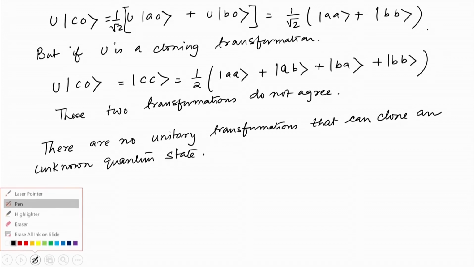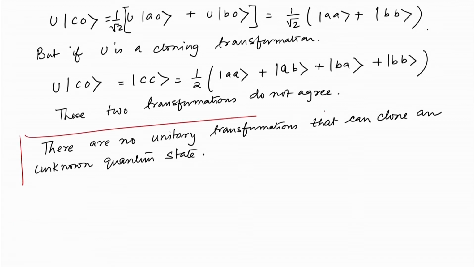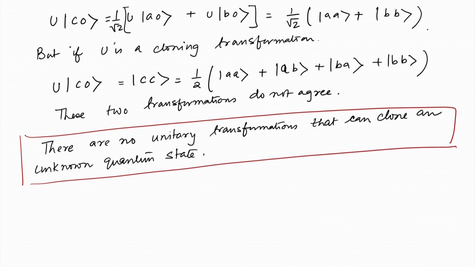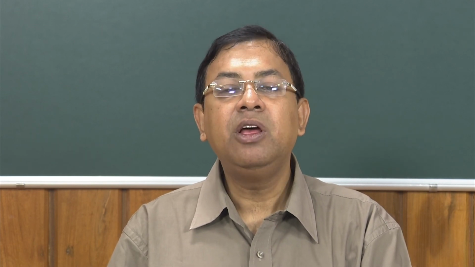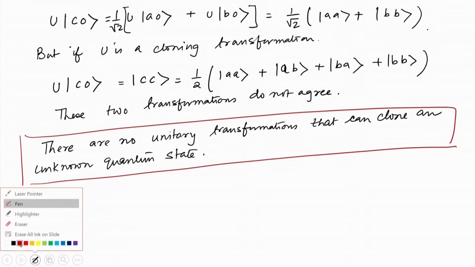So, let us box this, because this is the statement of the proof that we had just given. It is clear that cloning cannot be done by measurement, because measurements are probabilistic, and not only that, they are destructive as well. They destroy the states which are not in the subspace of the measuring device. That is, if you want to have an up spin in a certain measurement, it cuts down the down spin for that particular particle. So, it is not possible to create